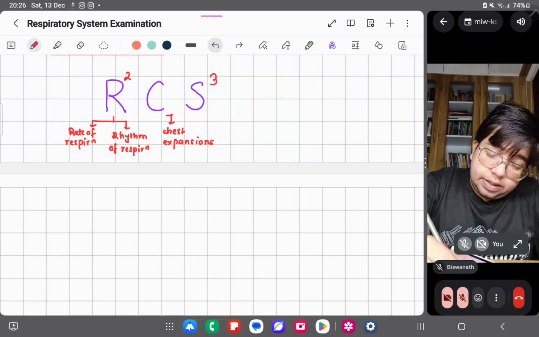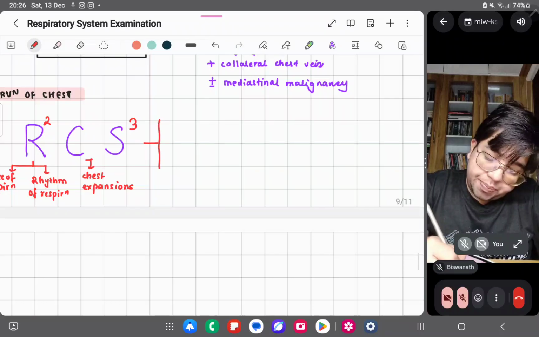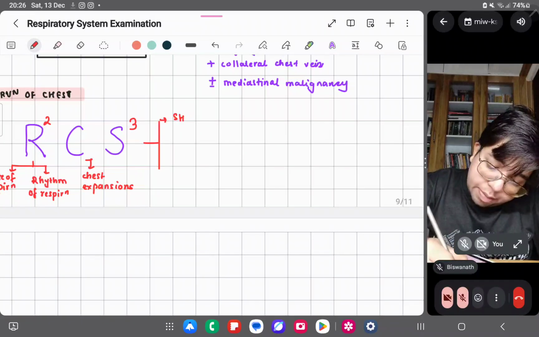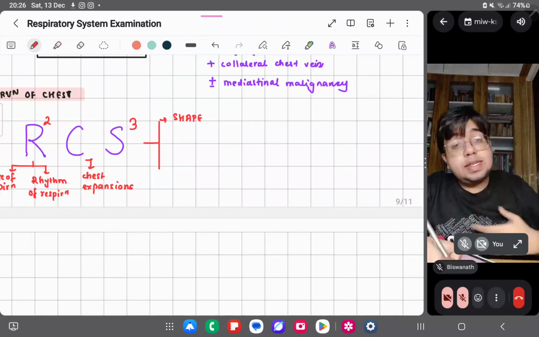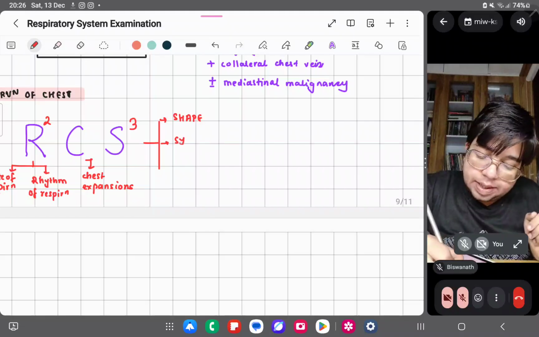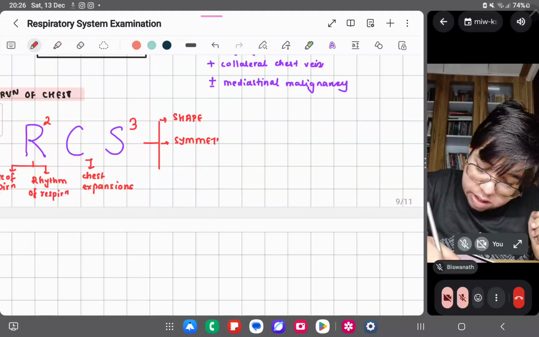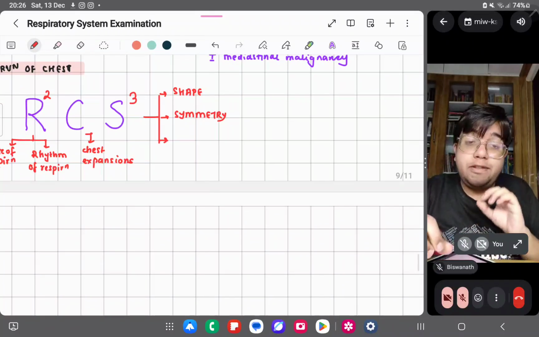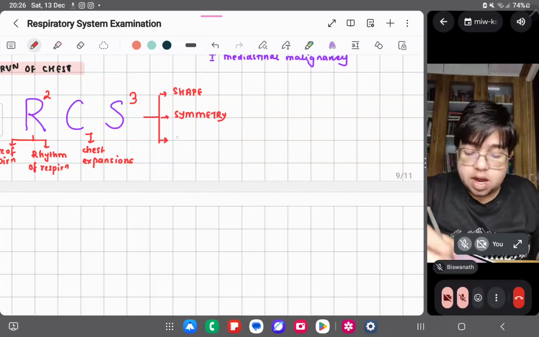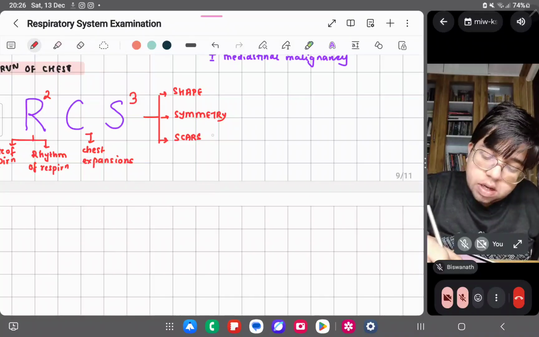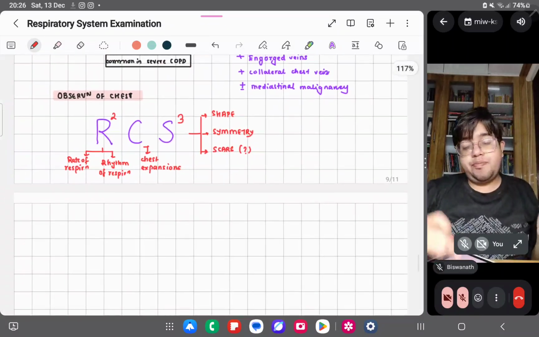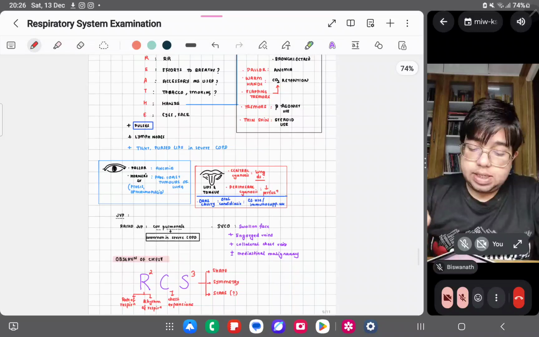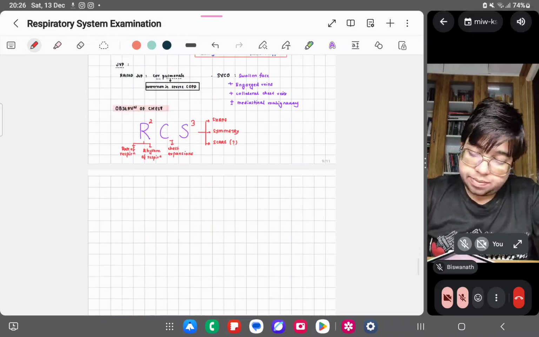And SSS will mean the shape of chest, the symmetry of chest, and if there are any previous surgery or surgical scars, any scars. Just put a question mark here. So these things, this RCS, you have to observe